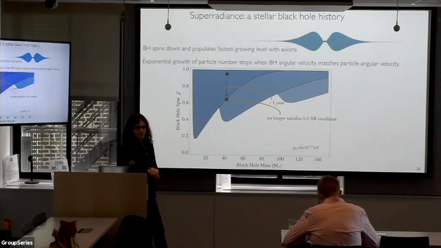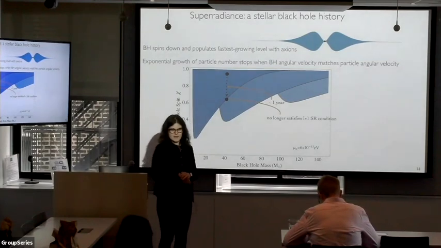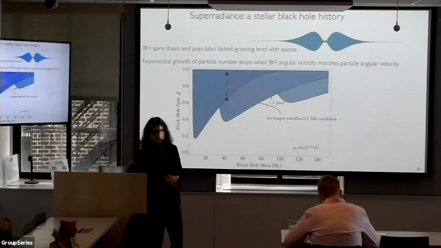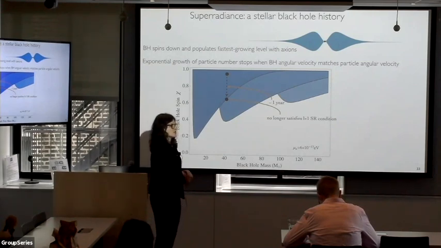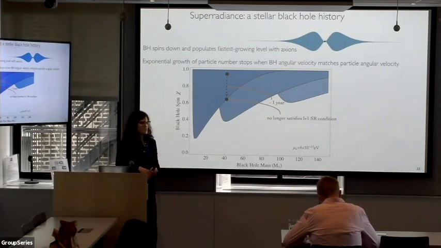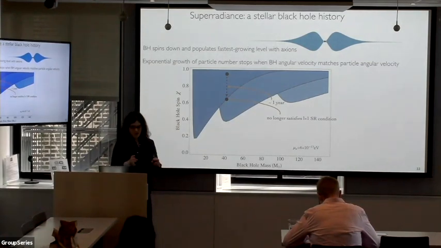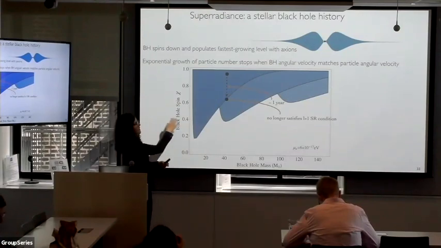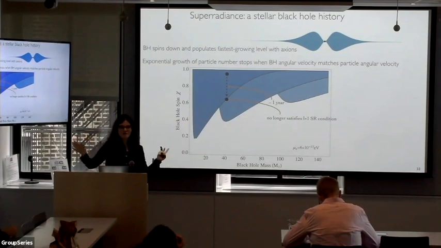Is the picture we should have that there's a vacuum fluctuation, like a pair of axions maybe, and one falls in? I'm getting a little confused about whether I should think of this as just a flux of axions. Yeah, you don't need to think about anything necessarily falling into the black hole. It's true that at the horizon, technically everything is getting absorbed, but you can just think of each of these bound states as having some occupation number of 1/2 h bar omega at all times, and that gets enhanced.